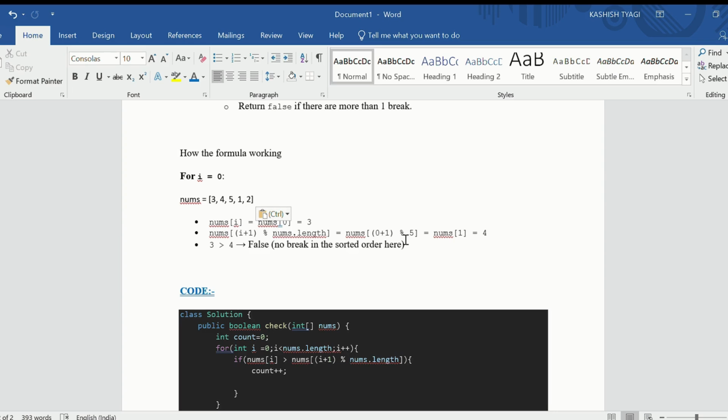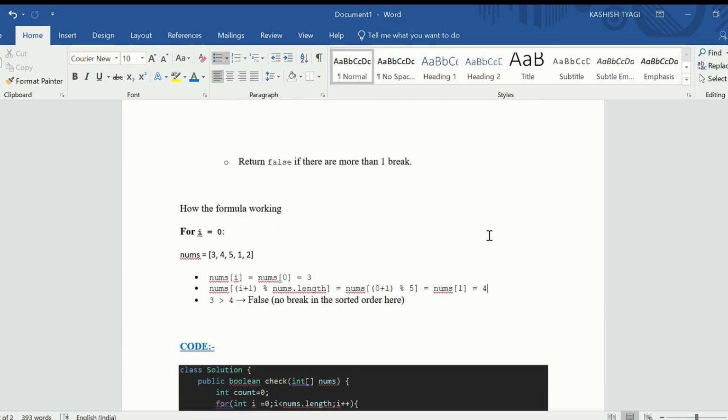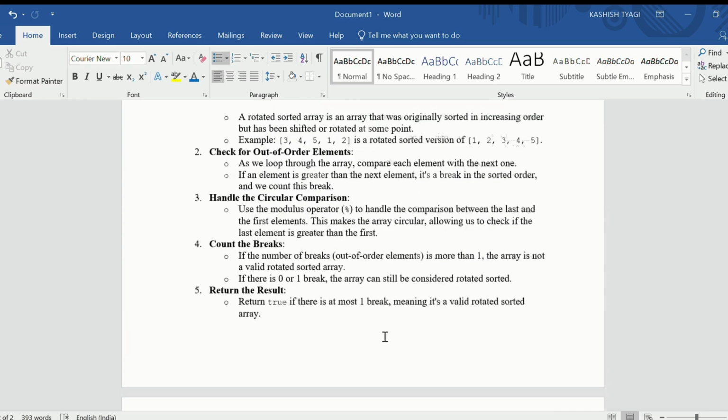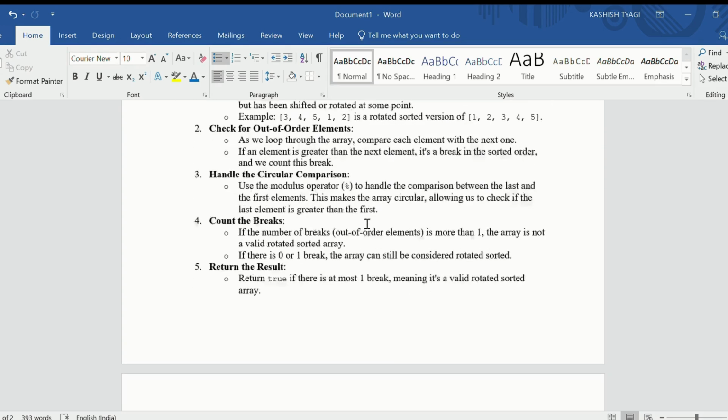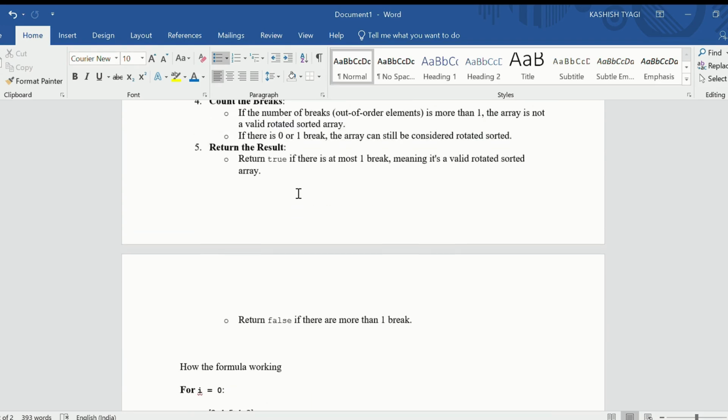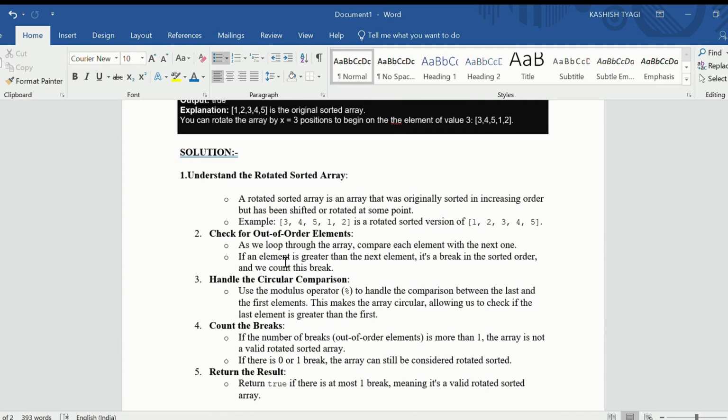Okay, so what this particular formula is doing is comparing one element of the array with the next element. Now you will understand the whole thing with the help of the code later on. Before that, we need to understand the approach first. So what I was saying is that we have to loop over the whole array with the help of this particular formula, and if we find anyone greater than that, like if nums[i] is greater than nums[(i + 1) % nums.length],